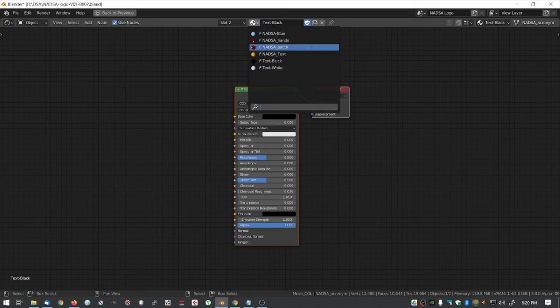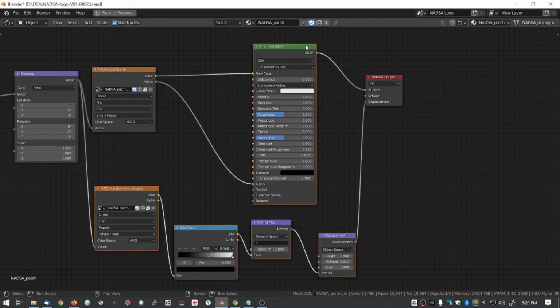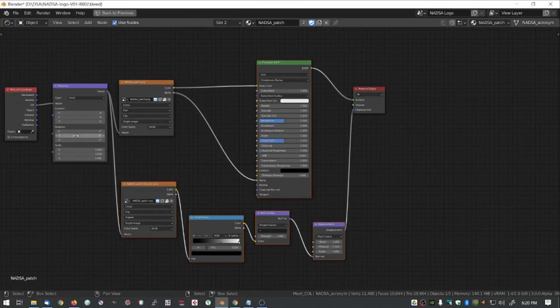So we can create any new material and assign it to any of the objects that you want. Just to give an example for the patch, even though it's a 2D material, what I've done is bring in this non-color version, and we should be able, through a color ramp, adjust the value and then feed that into a bump map. In this case, it's going to normal and displacement, but what we do is create a relief map, basically a bump map,